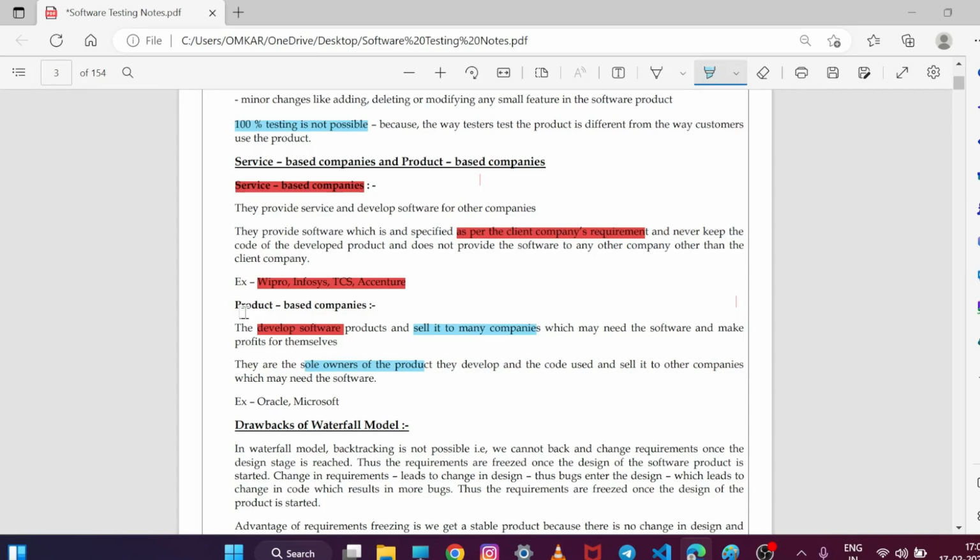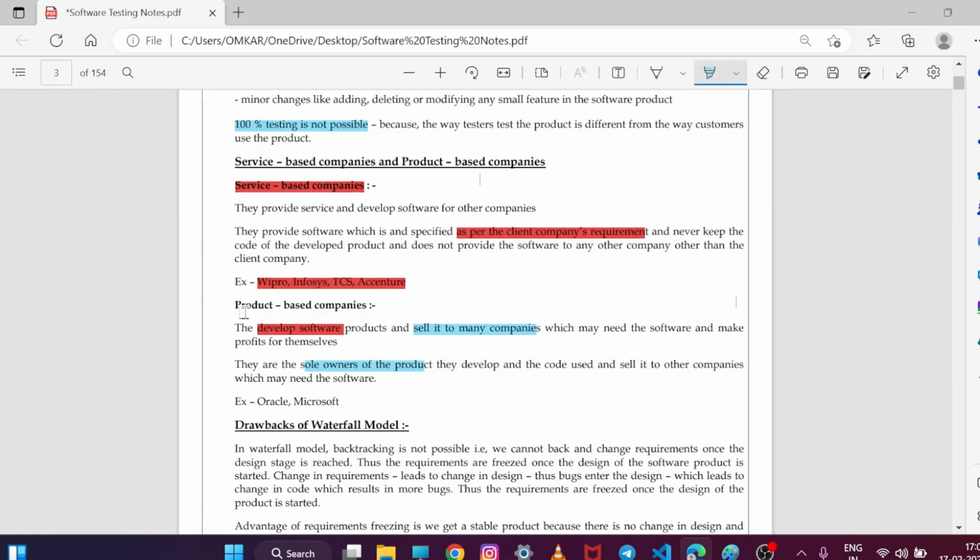The service based company provides the service the client needs, creating the product based on the requirements of the client. So based on the requirements of the client, the service based company develops a software product and provides that software product or the code only to the client company, not to the competitor.